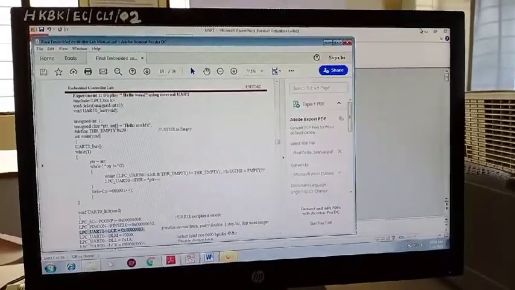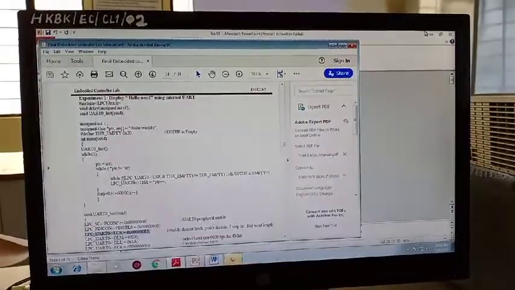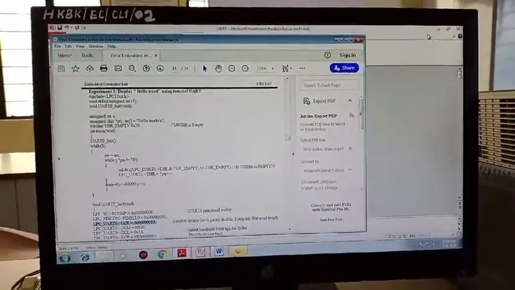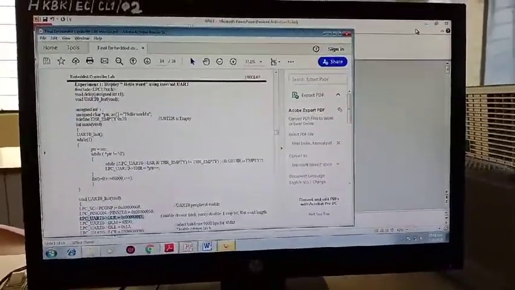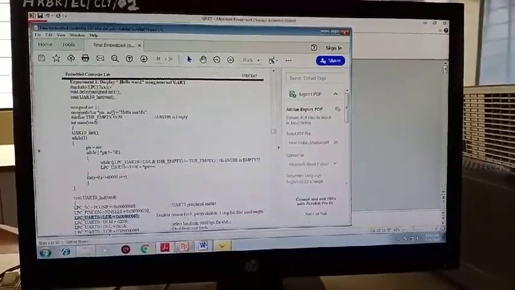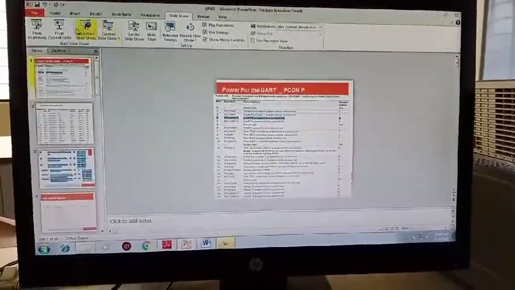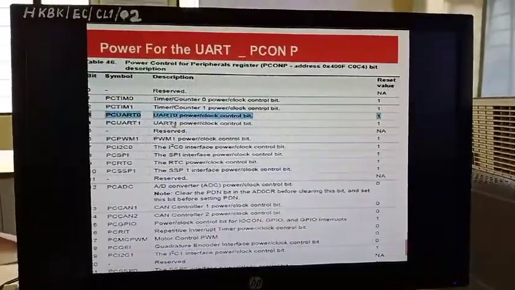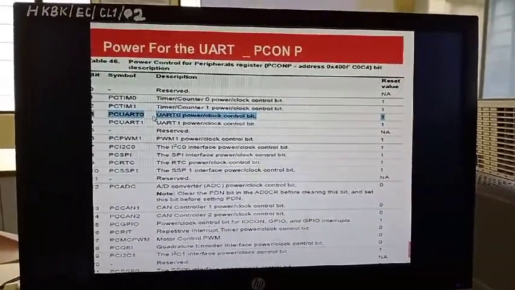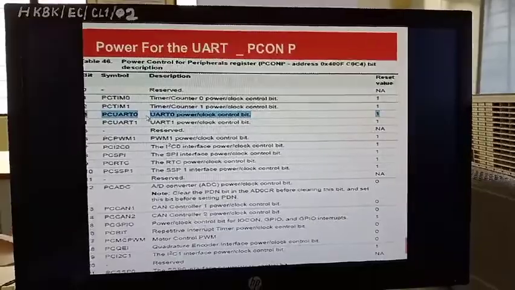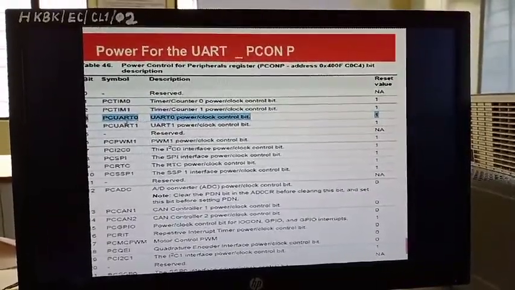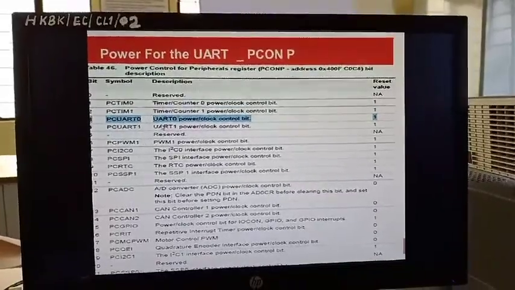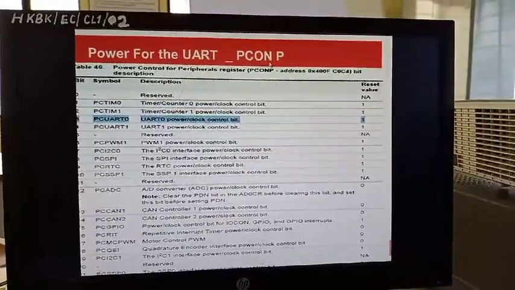Giving you the explanation of display of hello world using internal UART. UART stands for Universal Asynchronous Receiver as well as Transmitter. So for this particular experiment, we'll be making use of UART 0. LPC 1768 supports 4 UARTs. Among the 4 UARTs, you'll be just making use of UART 0. So you have to select UART 0 for the peripheral configuration.